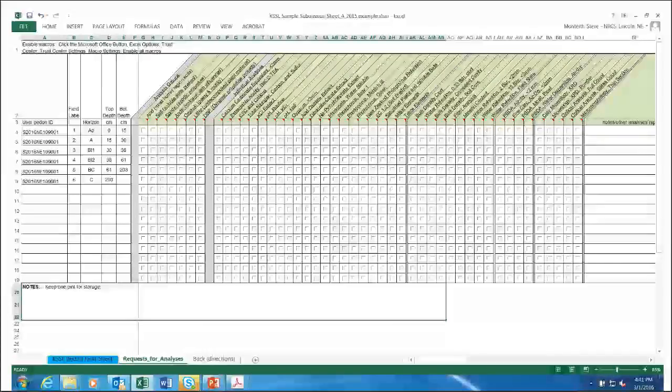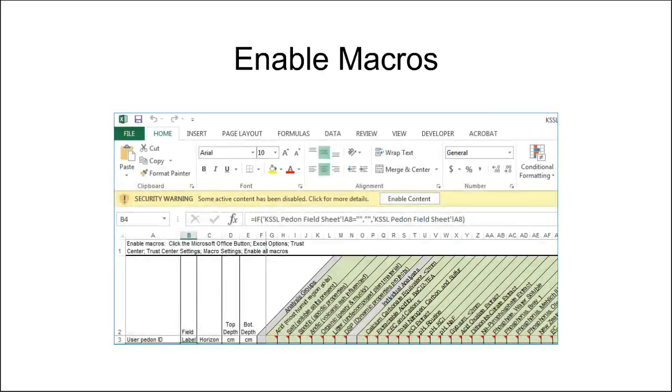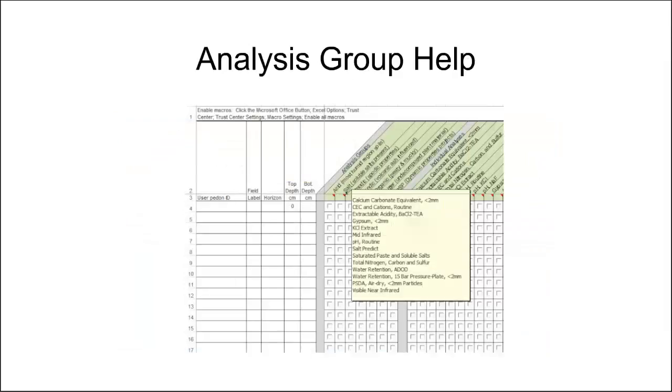There'll be a little bit of overlap here. Steve mentioned, and I'll reiterate, you have to enable macros to get this to work. Click that button. Now then, there's a little bit of help available. As Steve mentioned, the cells that have a red triangle in the upper right corner have a drop down if